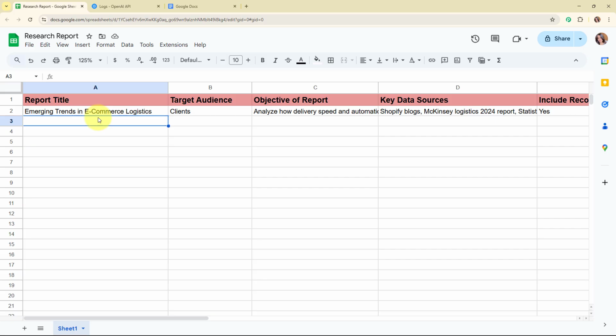So by automating this process using an AI agent, I can save hours of manual work. The AI gathers information from multiple sources, summarizes key points, and generates a structured report within minutes. This helps me stay consistent, reduce human error, and deliver high quality insights faster, especially useful when I need to create reports frequently or on short notice.